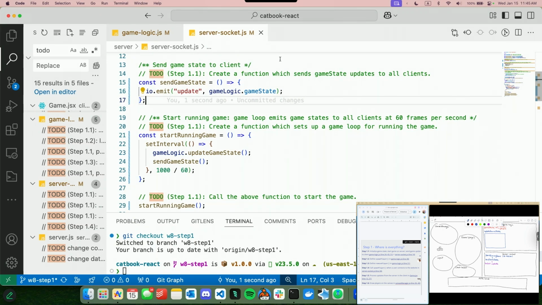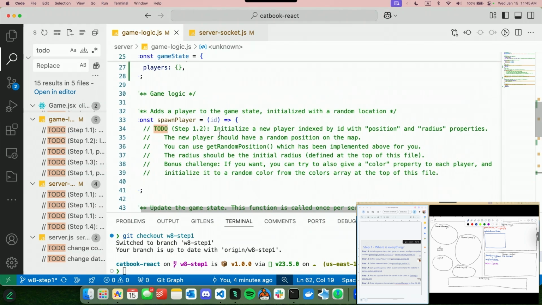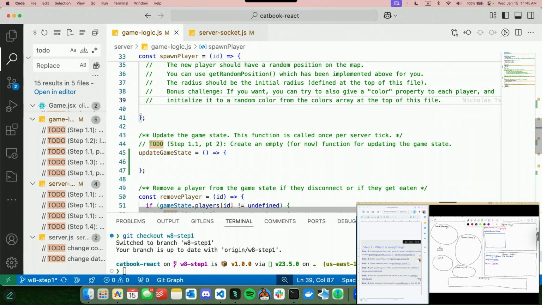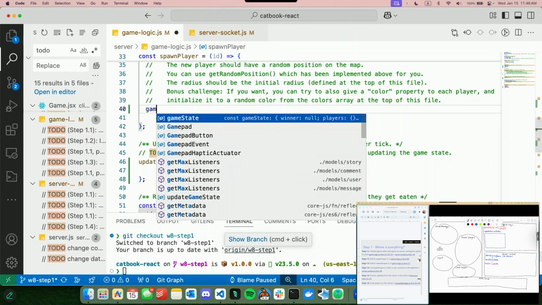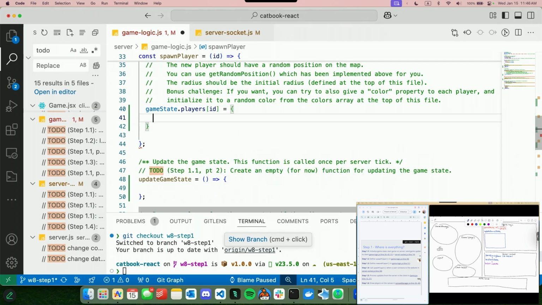So in 1.2, we're just going to define some basic game logic. So we're going to basically have a spawn player function and a remove player function in our game logic file, which will allow us to easily call these functions to spawn players and remove players when players join the game and leave the game. So in our spawn player function, we're just going to add something to our game state, namely a player. So given a player ID, let's just